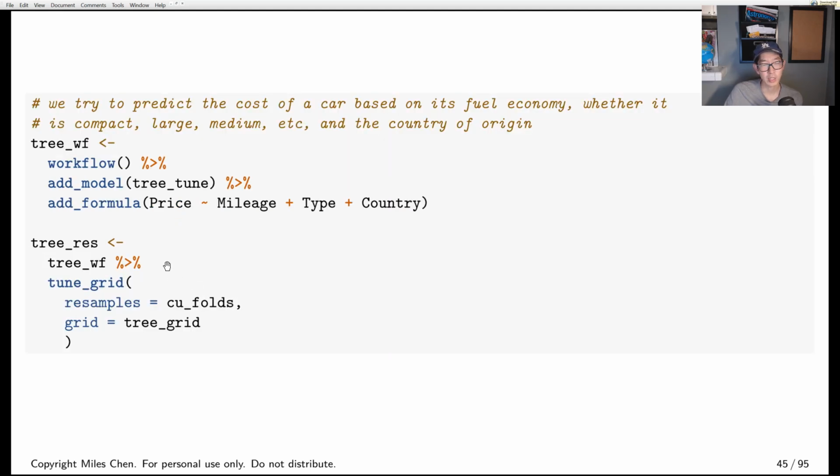And so now we're going to set up our workflow and fit it using tune_grid. Okay, so our workflow is just take our tunable tree model, and then we don't have a recipe, we just take the formula. And this is the formula: predict the price based on mileage, type, and country. And then now we're going to take that tree workflow and throw it into the tune_grid function. So this is kind of like fit. It's like take your model and fit it to the data, but here we're going to fit using cross-validation and try out all of our different